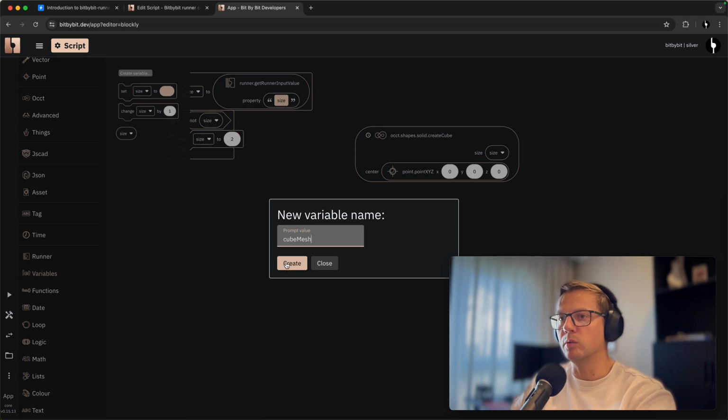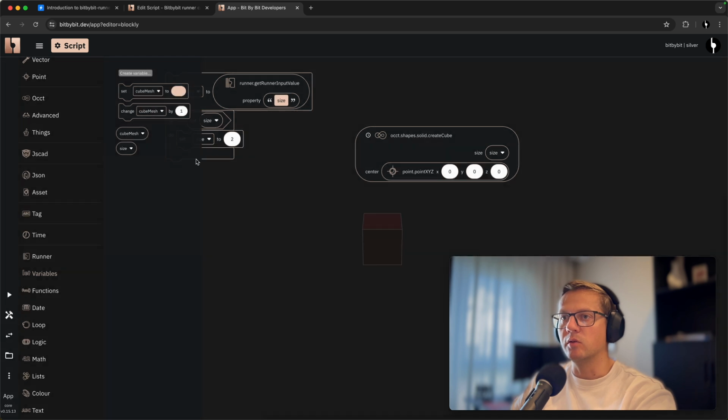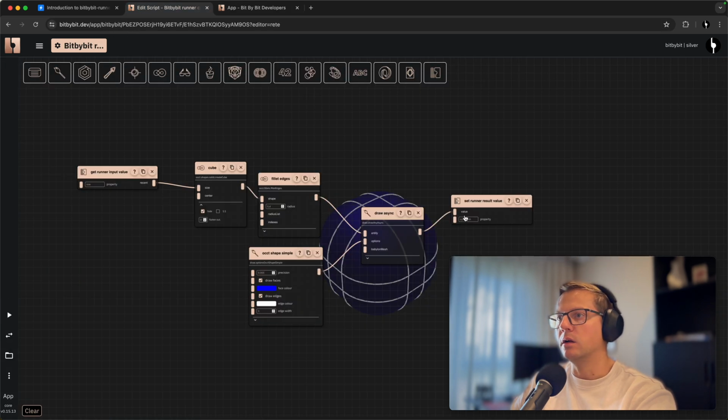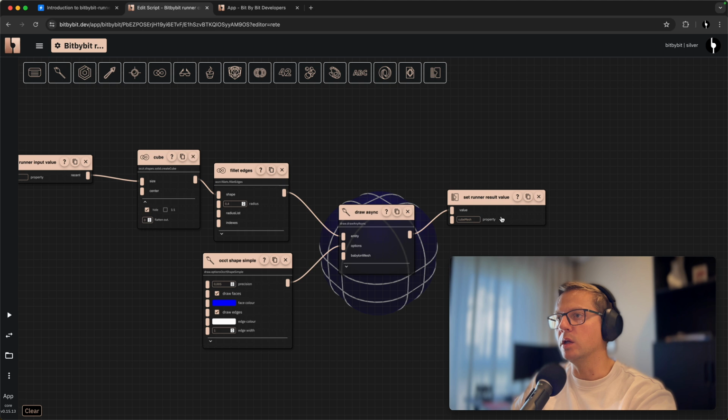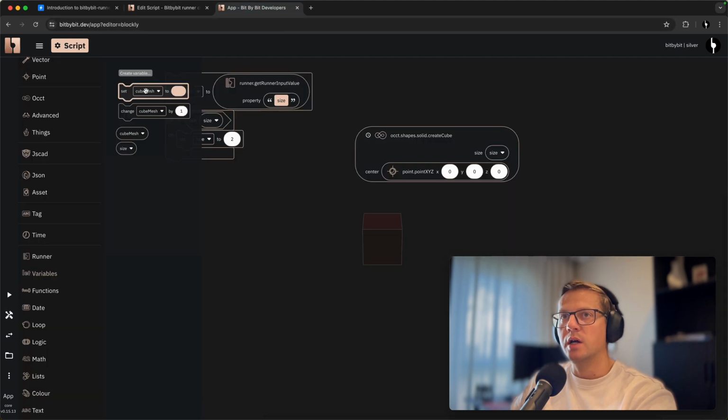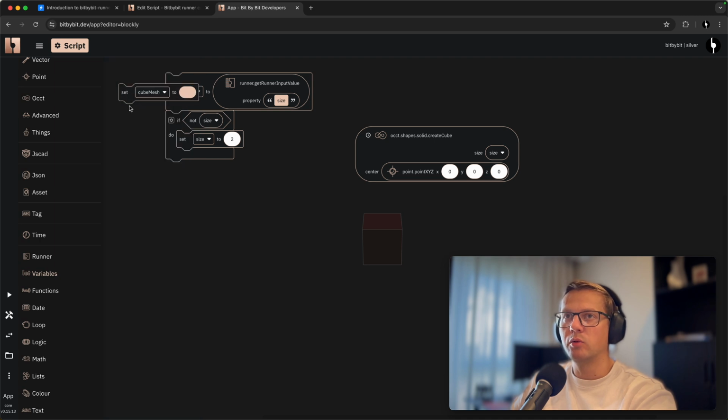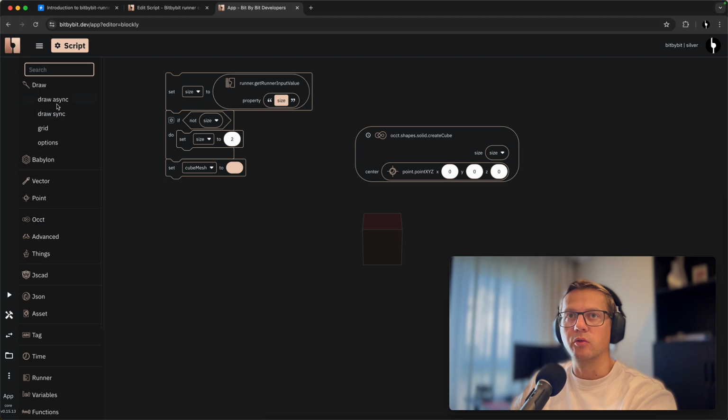This is exactly what we did in Rete as well. So if you remember, we had here the cubeMesh property and value that we set as an output, and this is what we need to do now. So I created this cubeMesh variable here, and I will assign it to a draw